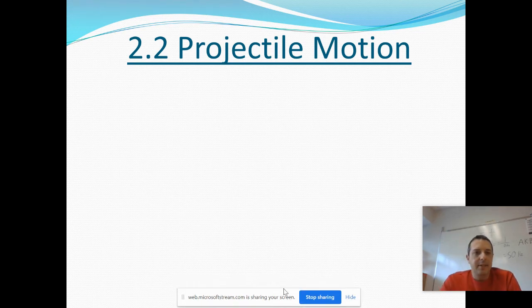Hi, AP Physics students. Today we're going to talk about projectile motion, and you should be using the notes that you received in class. You'll see that the notes start at 2.1, which is vectors. Go ahead and review that when you get a chance, but I'm under the assumption that you are familiar with vectors and remember what is going on with vectors. We will touch on vectors later on in the course a little bit. They do play in projectile motion a little bit, but review that, and let's get talking about what a projectile